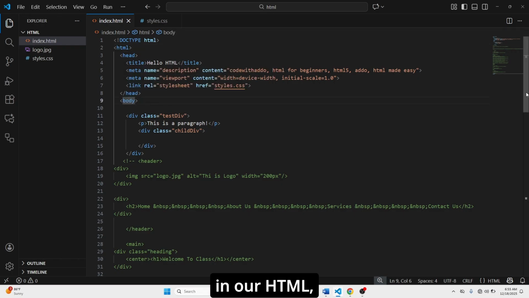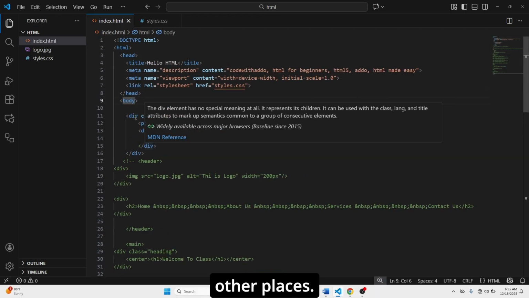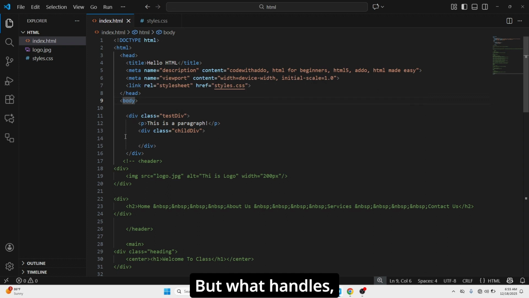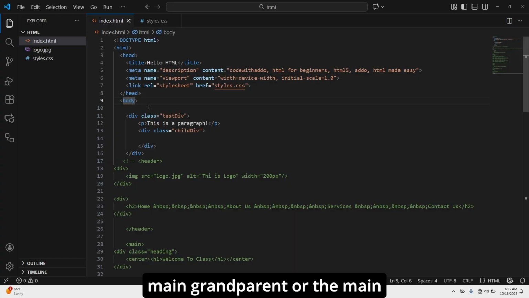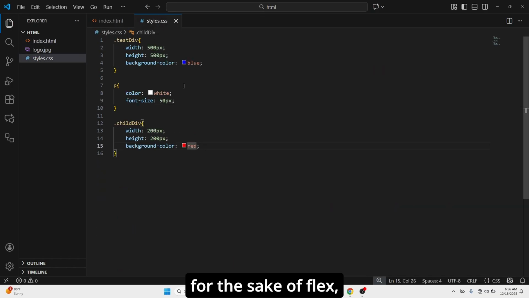Like I said, in our HTML there are different tags, right? We use the semantic tags in other places, but what handles what is being displayed on the screen is everything within the body tag, and the body tag is like the main grandparent or main parent of everything inside this HTML. So the first thing we are going to do here,